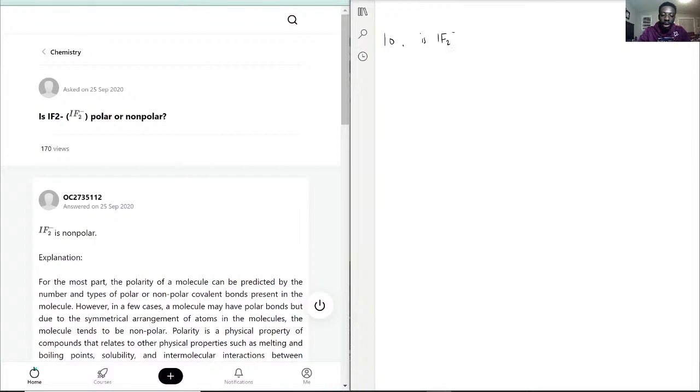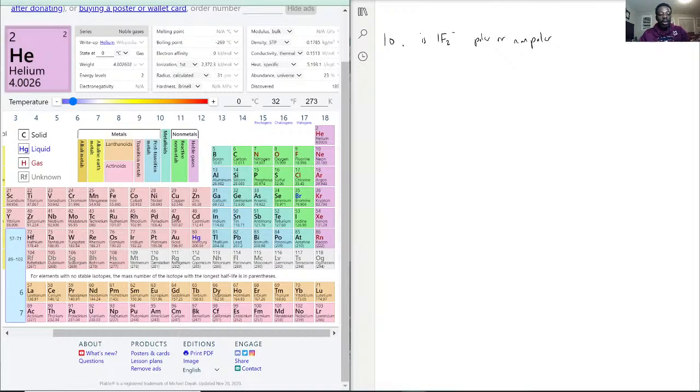Is IF2 minus polar or non-polar? So this one's a little bit tricky, because we need to see how to first draw out its Lewis structure, and then from there we'll see whether it's actually polar or not. Okay, so with that being said, we're going to first figure out how many electrons are in the valence shell